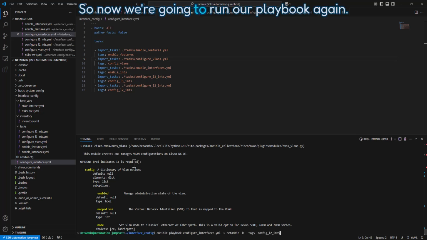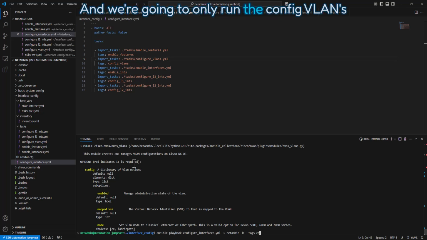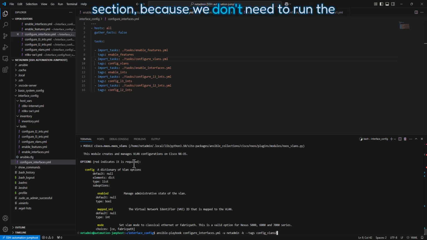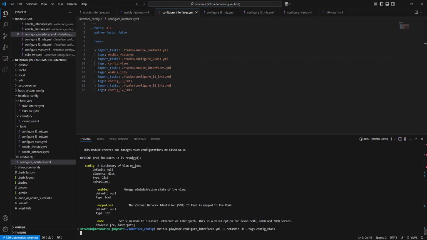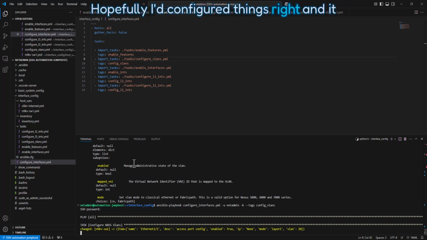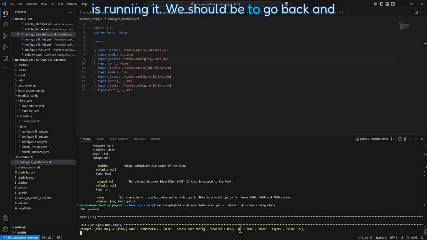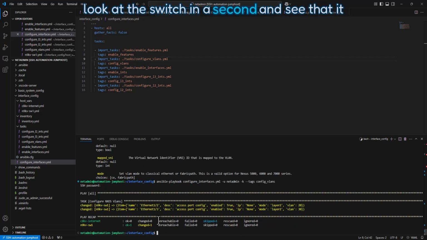All right, so now we're going to run our playbook again, and we're going to only run the config VLANs section because we don't need to run the whole playbook again. And you can see where the value of having the tags is. We've built this playbook out. We've got all these tasks, but we can focus on the ones that didn't get applied. And hopefully this works. Hopefully I configured things right, and it looks like it is running it. We should be able to go back and look at the switch in a second and see that it applied